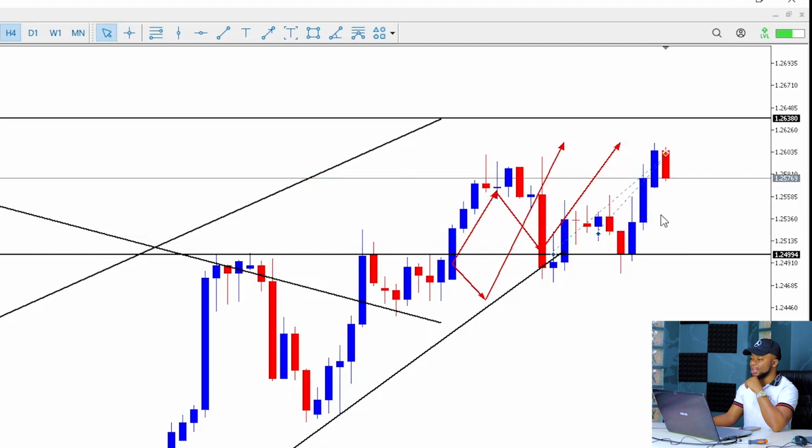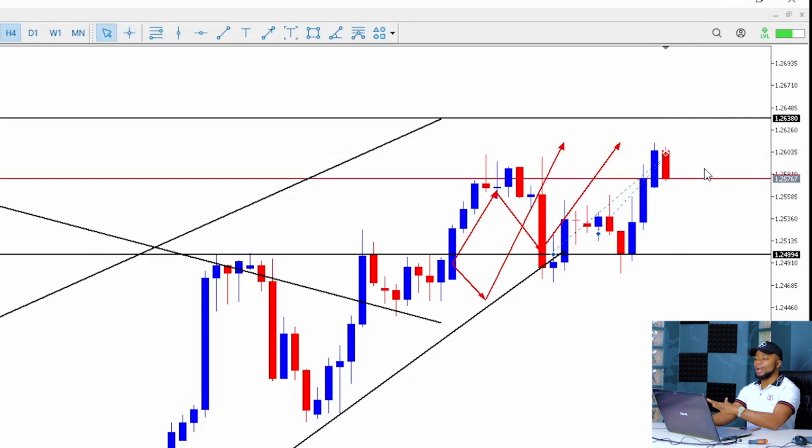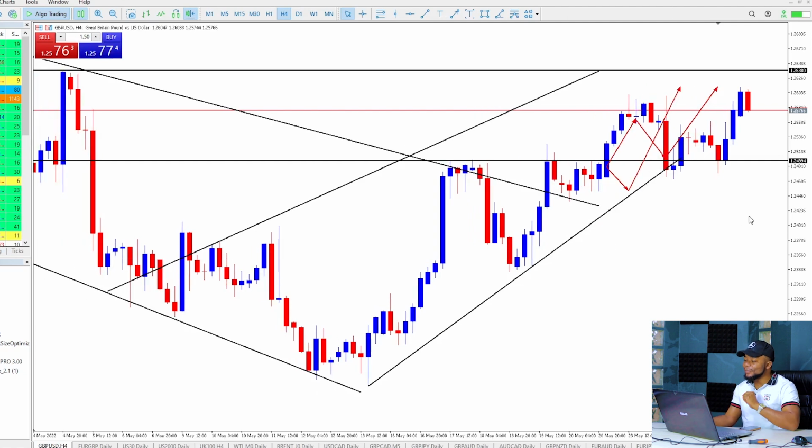Let me put trade history again. We're already out, and immediately we hit our take profit. You can see how the market is already reversing. So I don't care whatsoever which direction the market takes from here. I haven't analyzed my trade, so I'm already out of the trade at this point. Even if the market continues going up for 7 million pips, I don't care, because I don't want to suffer from what we call greed. I've already gotten what the market gave me. I'm fine with that. I've made that money and I'm done. So I don't care whatever is going to happen in the market after that.